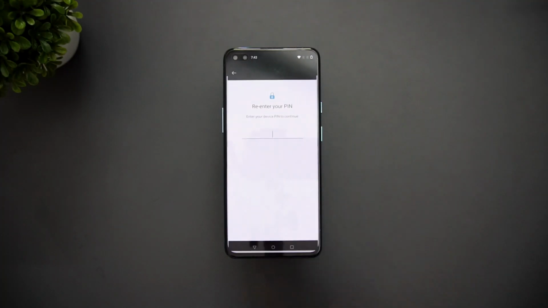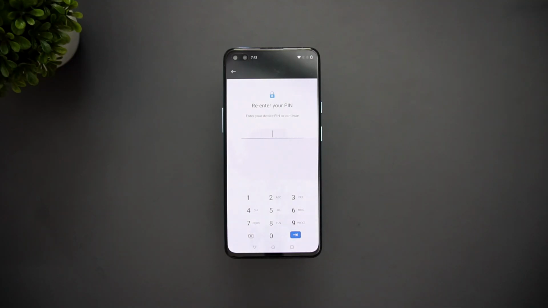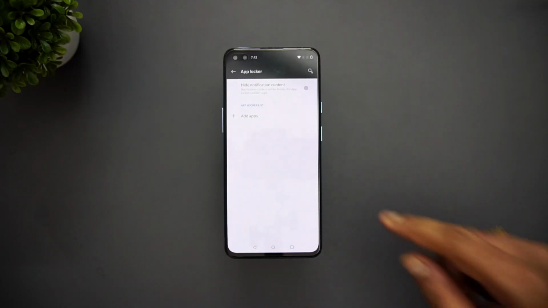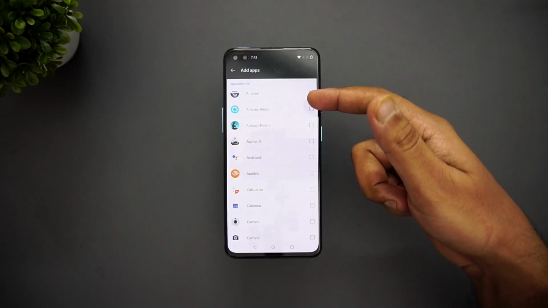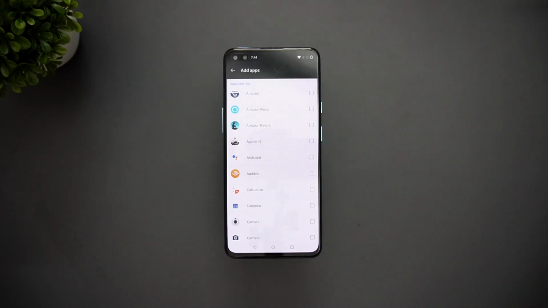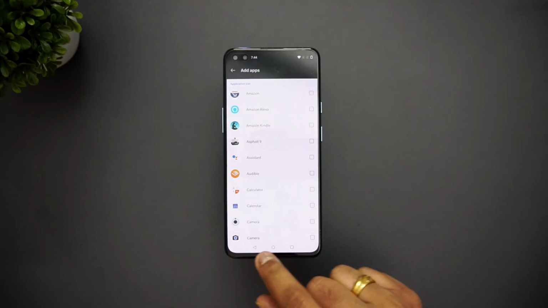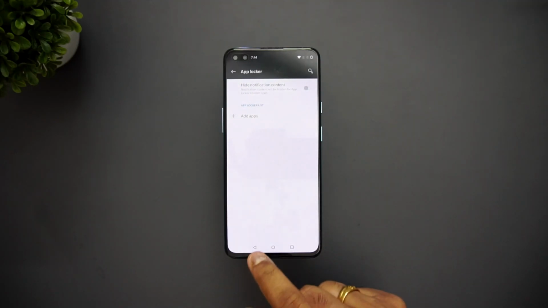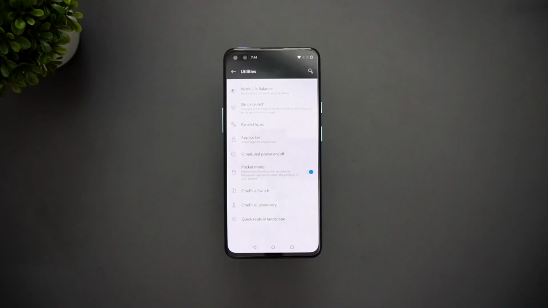Next is app locker. So this is again self-explanatory. We'll just enable the app locker. So here you can see that in app locker, you can add apps. So whatever apps are available, you can add it to the app locker. What it means is that when an app is locked, unless you enter your fingerprint or passcode or your pattern, you cannot open that app. So these apps are something like protected apps. So if you have any confidential documents or anything available, you can protect that particular app with the app locker. So that's one useful feature available here.